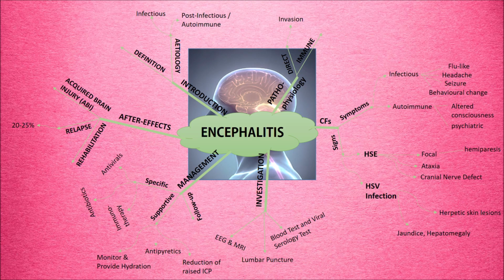For non-infectious encephalitis, let me take post-infectious encephalitis. An example is acute disseminated encephalomyelitis, also known as ADEM. ADEM is an inflammation in the brain and spinal cord, and occasionally the optic nerve, that damages the brain's myelin, which is the white coating of the nerve fibers. ADEM usually occurs following an infection such as chickenpox or measles, or less often following vaccination.